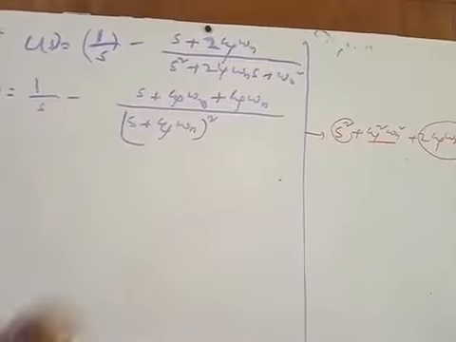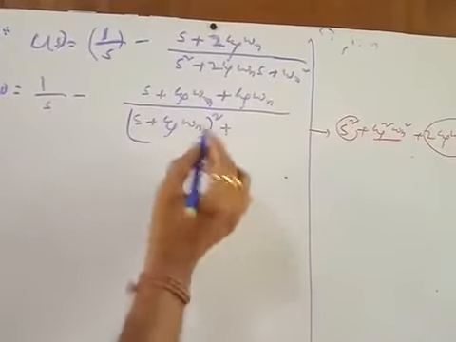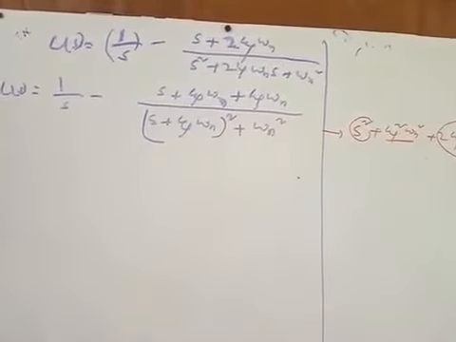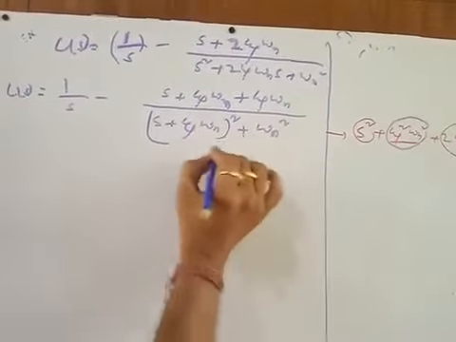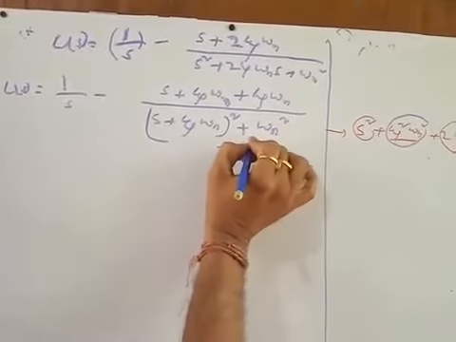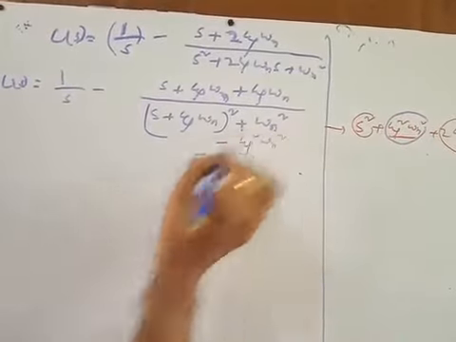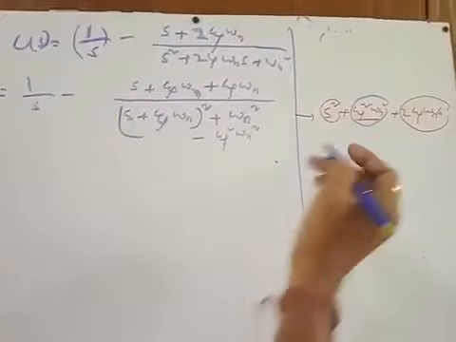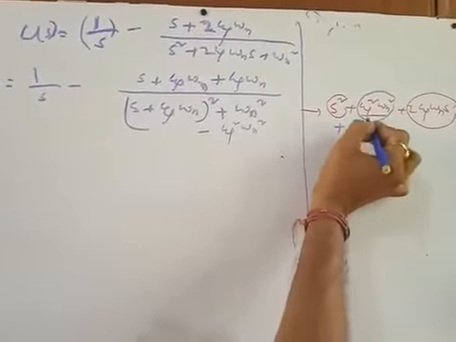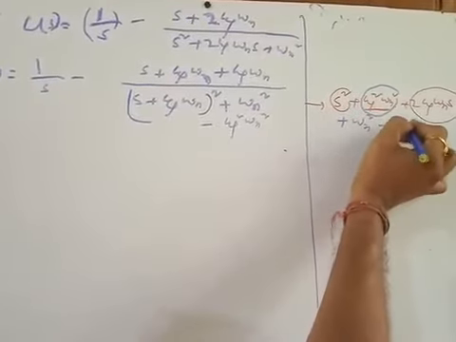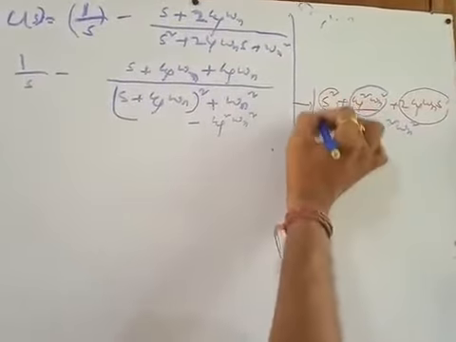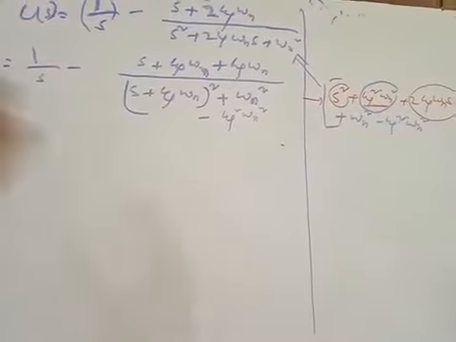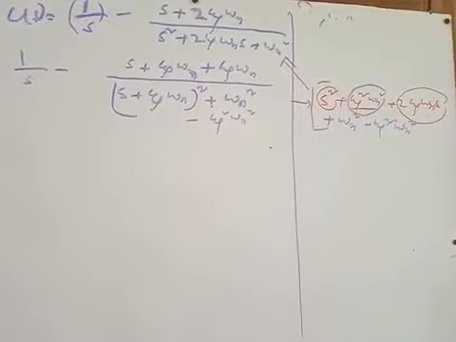So you can write here omega n square, then what is the extra term? This is your extra term, so you have to write xi square omega n square. Then this term is equal to this plus omega n square minus xi square omega n square. So you get this term, right? That is the way you can divide this.